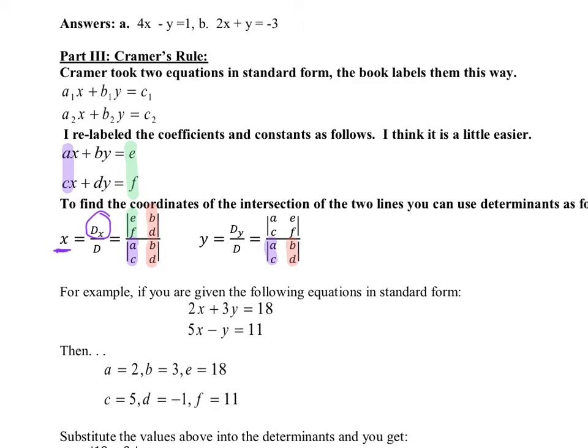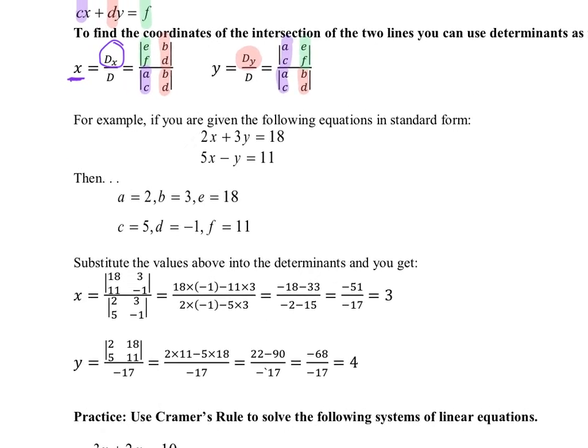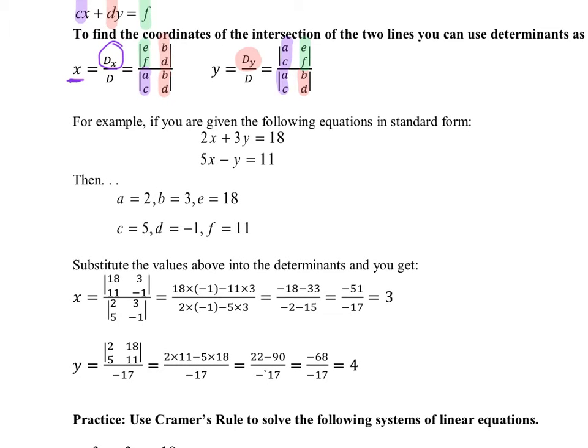Now, the dy that you see up here, well, its determinant is I take the original x column, and now I'm going to swap out the y column for the answer column. All I do is I find the determinants of these two, put them over each other, and we're done. So really what we're going to do is find three determinants. For example,